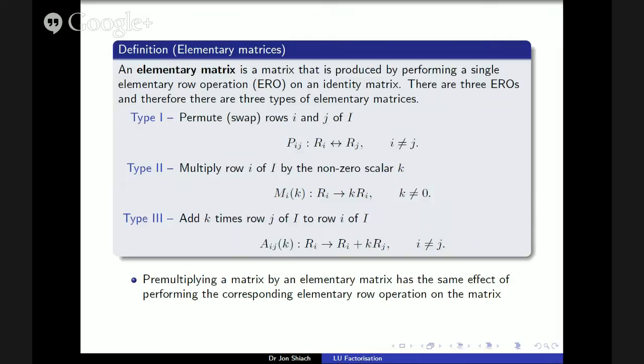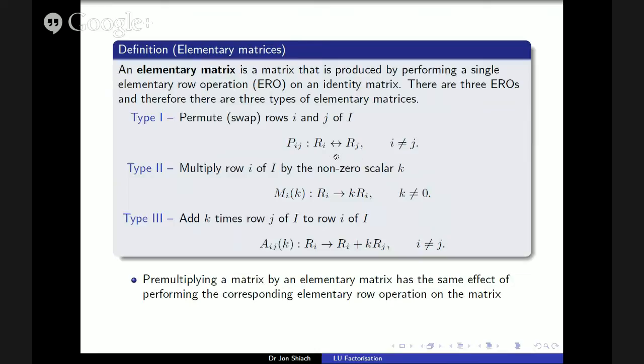If we permuted row I and row J, we're going to end up with a matrix which is the identity matrix, but with 2 of its rows swapped. And we're going to call this matrix P subscript ij. So P is our matrix. It's going to be a square matrix. I and J are just the row numbers. So that means we swapped row I